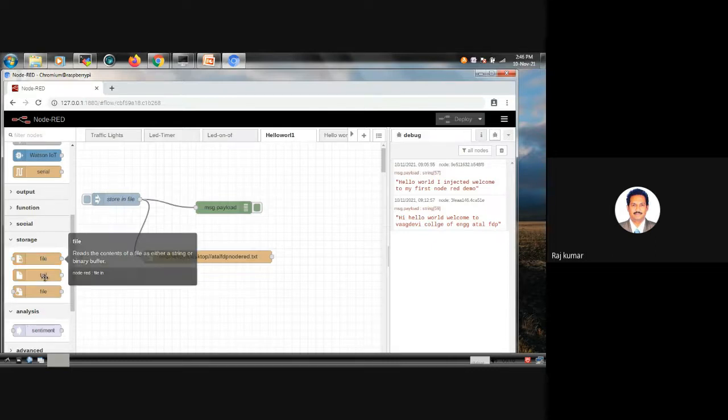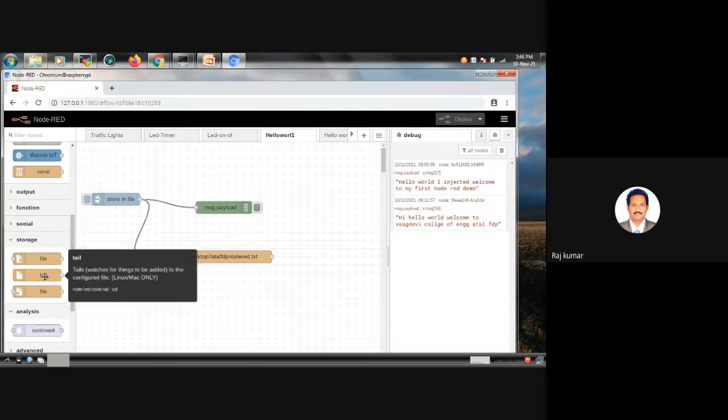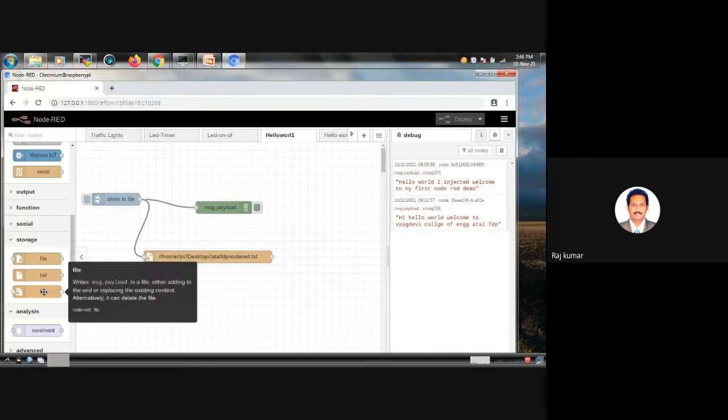Next one is tail. This is available only for Linux and Macintosh operating systems. This will not work on other environments.